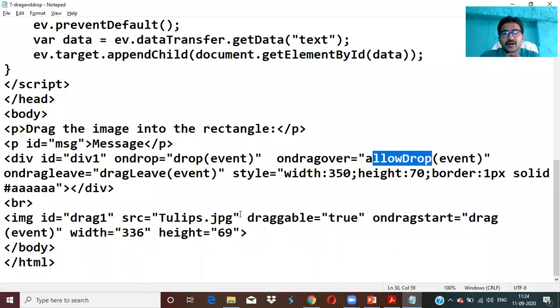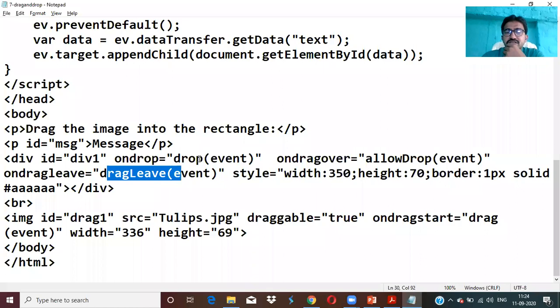Now on drag leave, when I leave that, which function is it calling? dragLeave(event). So how many functions did I just mention? Totally three functions: drop, allowDrop, and dragLeave. We have to write the code for these three functions with the help of the interfaces we have.